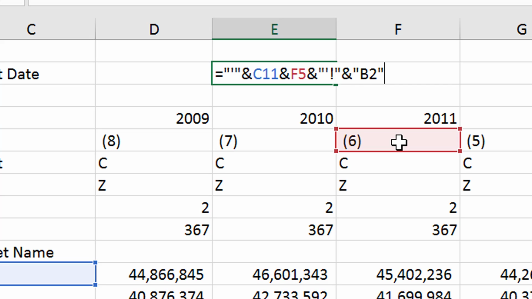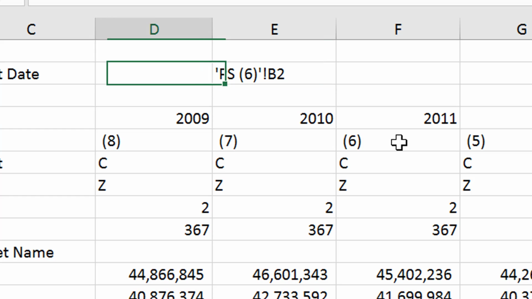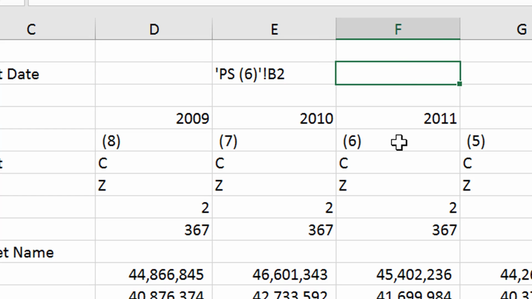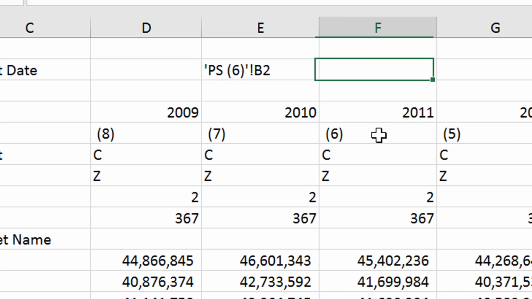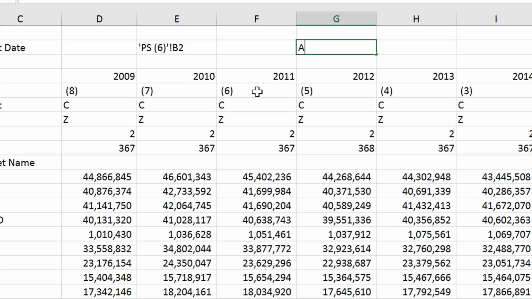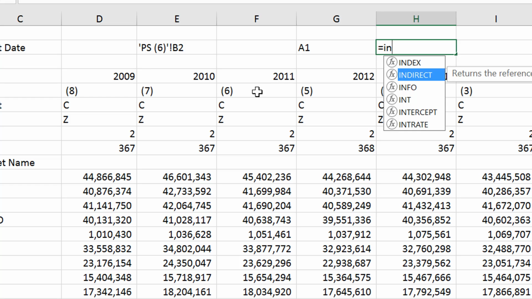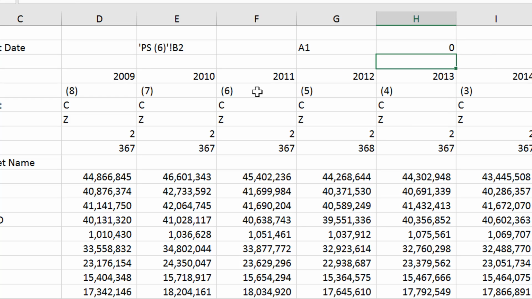I need to put it like that, fine. And what that will do is it will go to B2. Now, I hope you can see. Normally, if I typed A1, and you said equal indirect, and you went to A, and